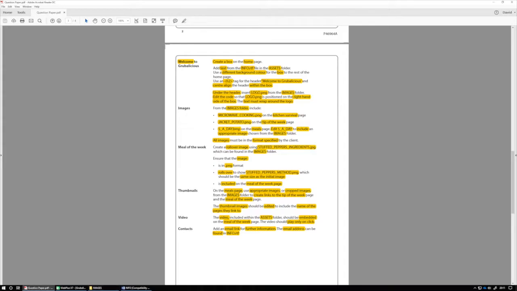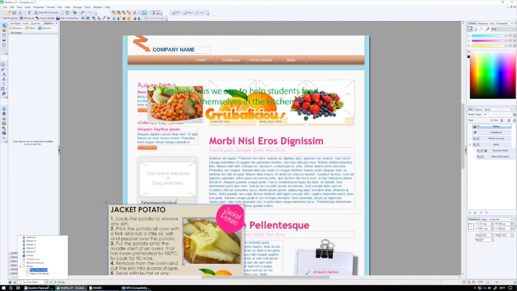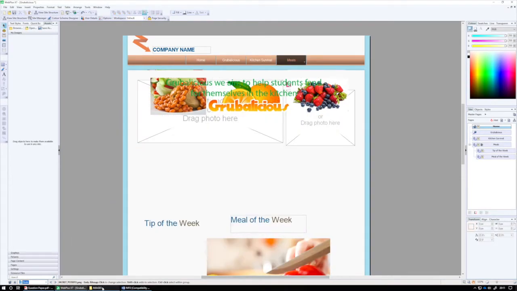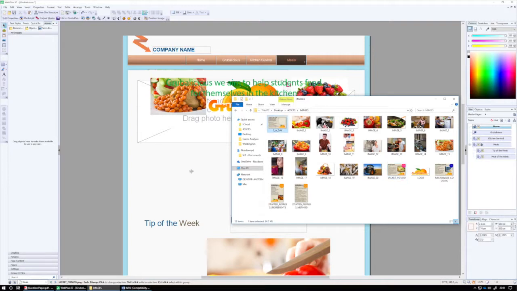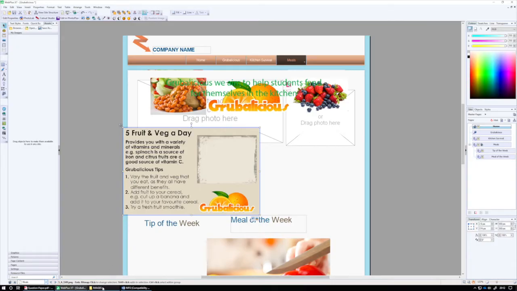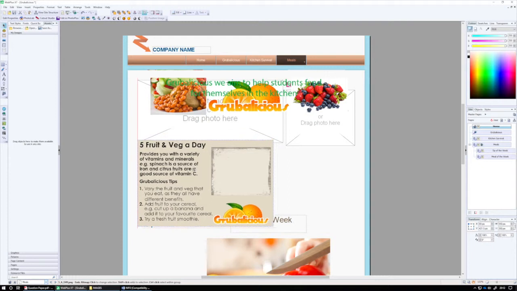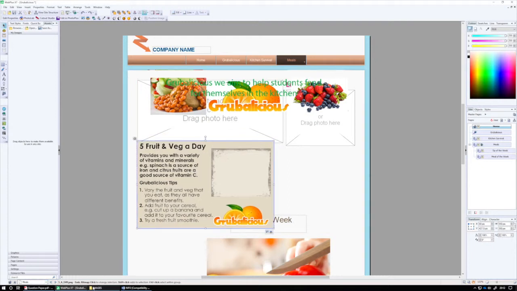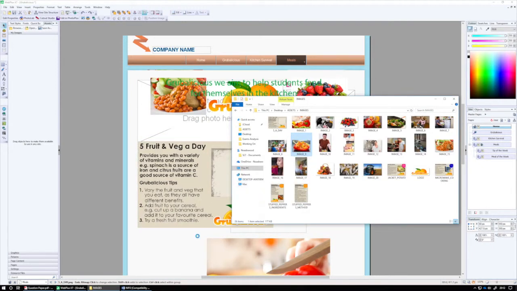$5 a day on the meals. It says I need to edit 5 a day to include an appropriate image chosen from the images folder. Now I could either place this where I know it's going to stay, and for my images place something over the top,